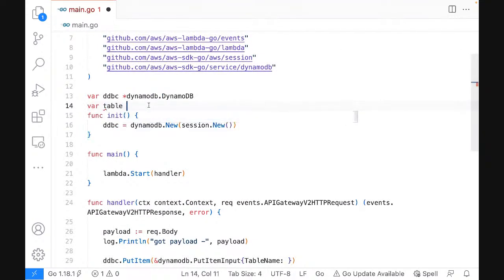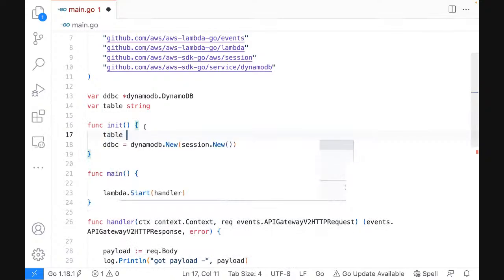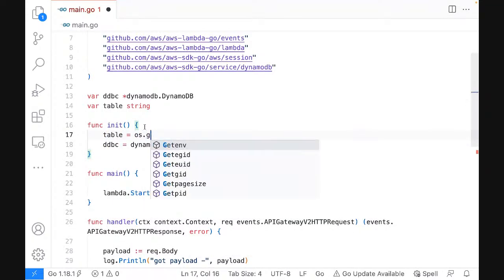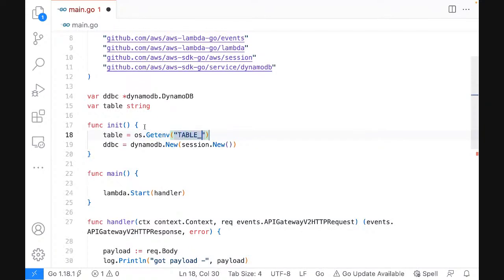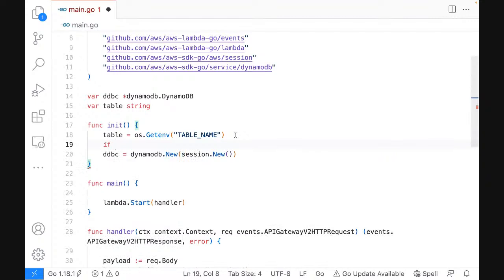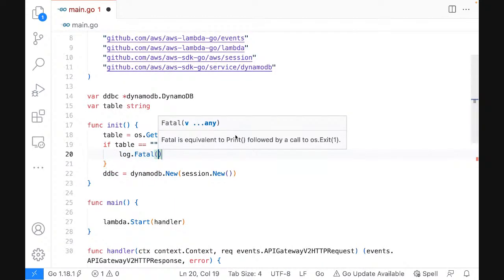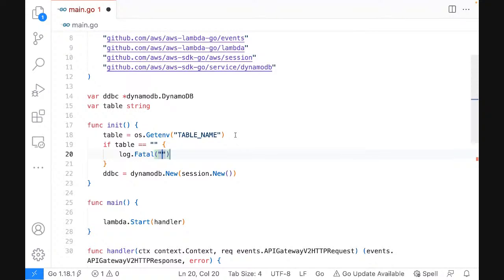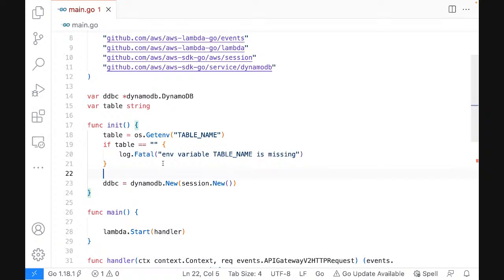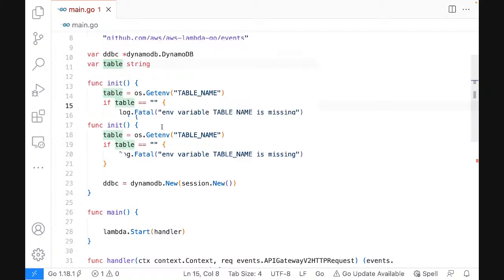So I'm going to create a variable here called table. This is going to be a very simple string, and again, in the same init function, I'm going to accept that as an environment variable. I'll call the name of the environment variable table underscore name, and if this environment variable value is not set, there is no point proceeding, because that is non-acceptable to us. So I'm going to throw this saying, hey, no environment variable table underscore name is missing, right? You can improve on this error message, but for now that's all we'll have. And I'll show you how to set this environment variable, of course, don't worry about it. So we have the table name here, so I'm going to set this,